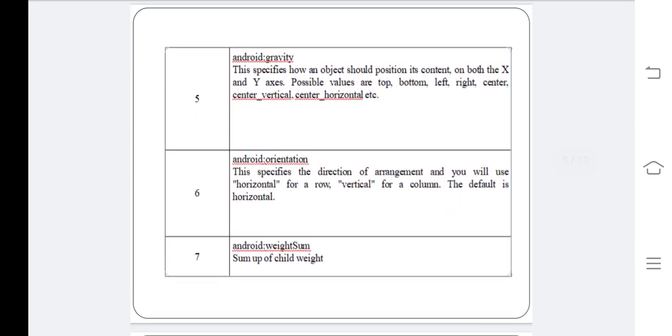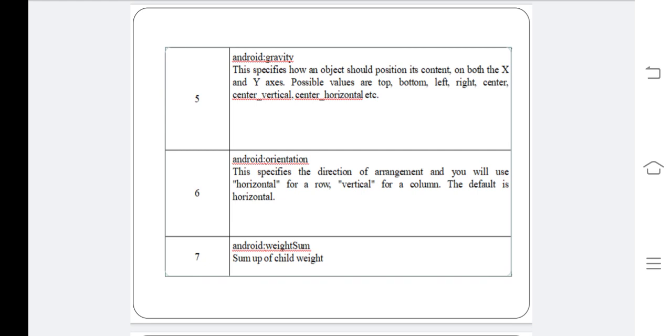Android gravity. This specifies how an object should position its content on both the x and y axis. Possible values are bottom, top, left, right, center, center vertical, center horizontal, etc. Android orientation.